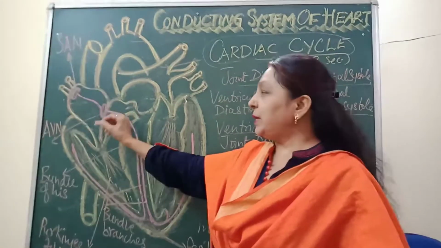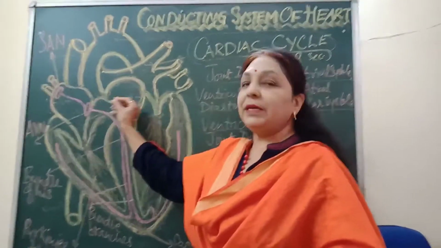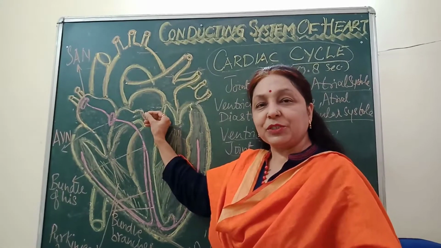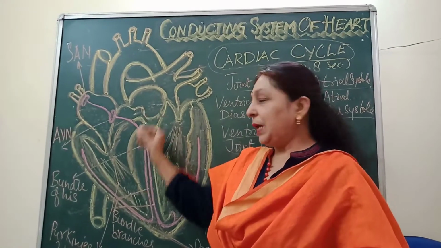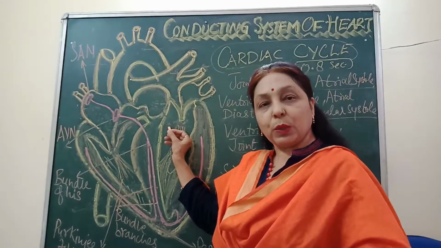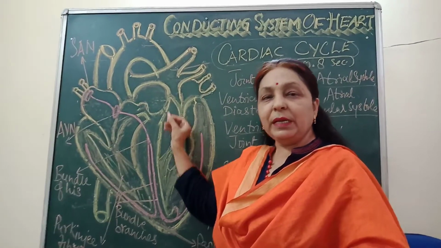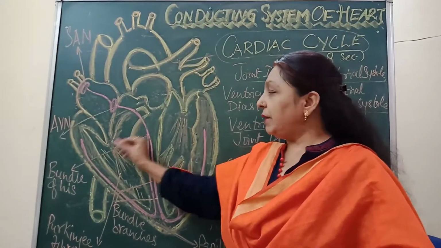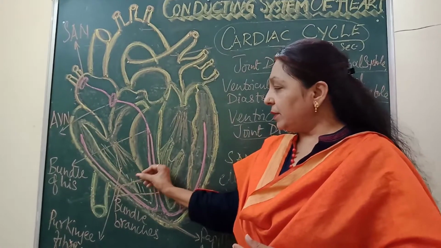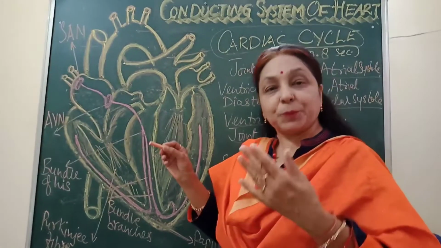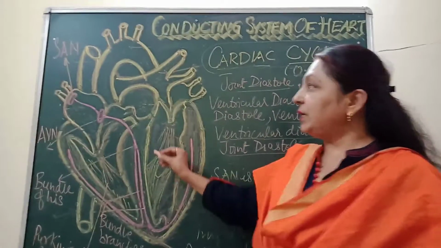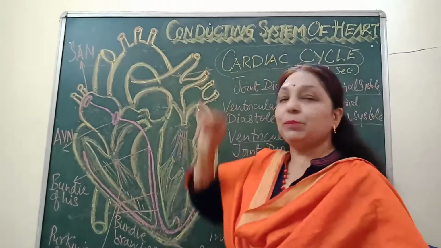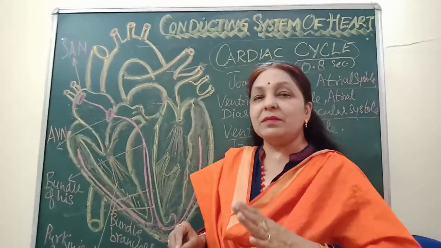First of all, you can say when the auricles are getting filled up, the pressure generated will be diastolic, and at that moment the AV valves are closed. Listen to me carefully. When the auricles are getting filled up by the respective pipes, the AV valves are closed, and the ventricles are supplying blood to the respective pipes. That means the left ventricle will be supplying to the aorta and the right ventricle to the pulmonary artery. That means the semilunar valves are open.